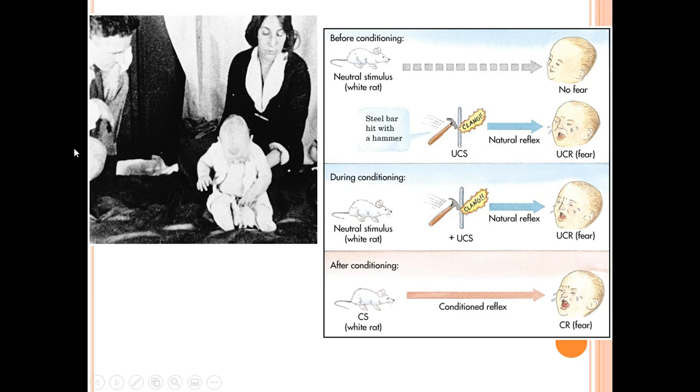It's hard to see because it's a black and white picture, but in the upper left, you see John B. Watson, and almost in the middle there, you see the little baby. And if you look towards the baby's hand, you might be able to make out the rat. And as you can see, Little Albert is not afraid of the rat. He tries to play with him. So again,